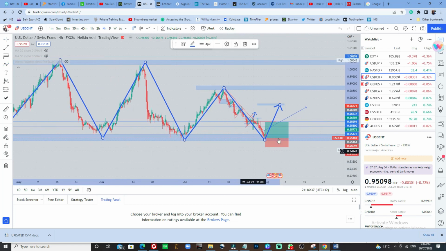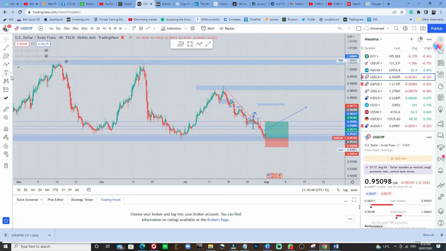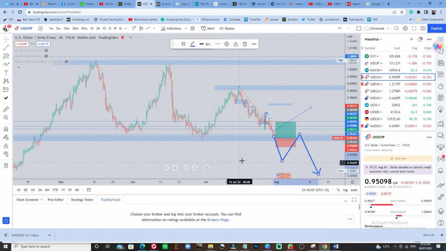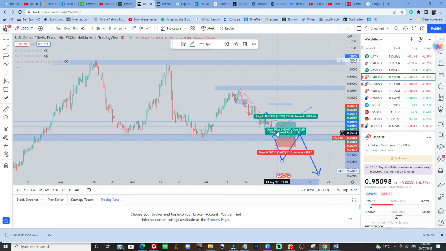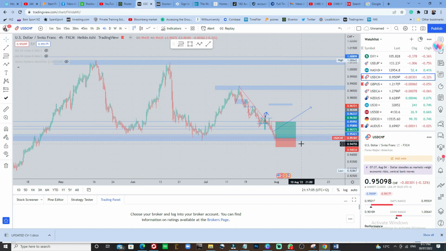Yes, I'm expecting, but this is going to be a very long trade, but it's going to give you good profits. But based on experience, the market could come down here, retest and push to the downside. Yes, it can do that. But let us see what's going to happen. If I see a clear full 4 hours candlestick pushing to the upside here, I'll take a buy. So that's what I'm looking at for the coming week.